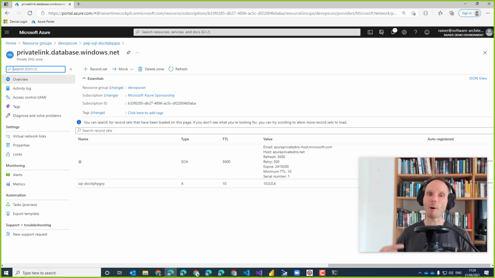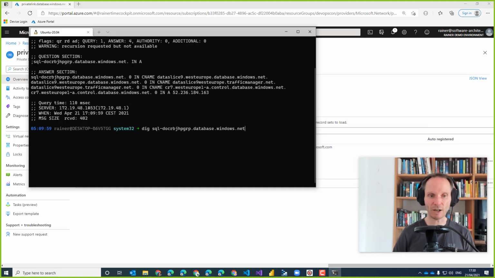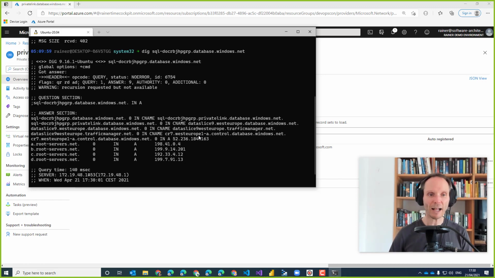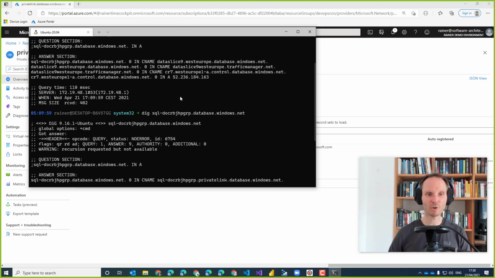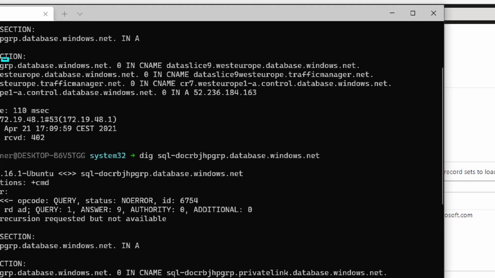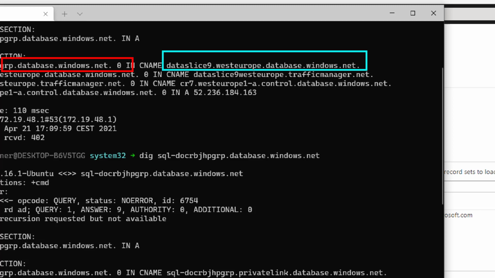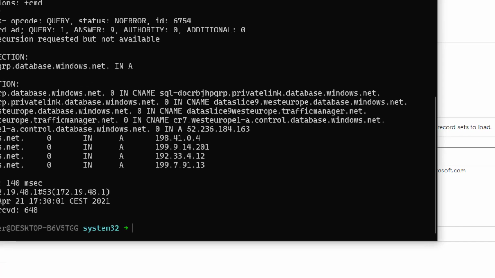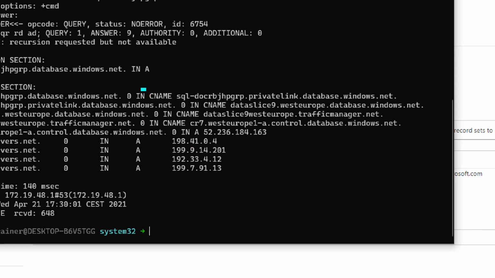But if I come from outside, I think I still have it here, if I still do my dig here, nothing really has changed. Well, a little bit has changed. If you scroll up a little bit, you see that my database name before directly was a CNAME called database.windows.net and so on. And now suddenly, by creating the private endpoint, we have an additional CNAME indirection here. Now we go through a CNAME which has the word private link in it,